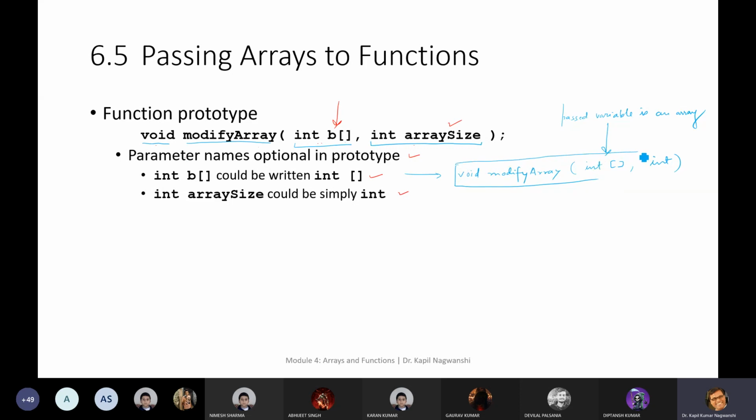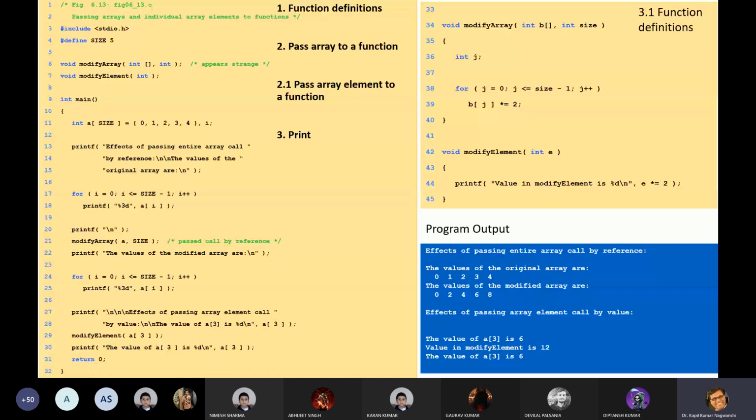This is our function prototype. We use the prototype to make the main program aware that this kind of function will be defined later in the program. So this is a program.